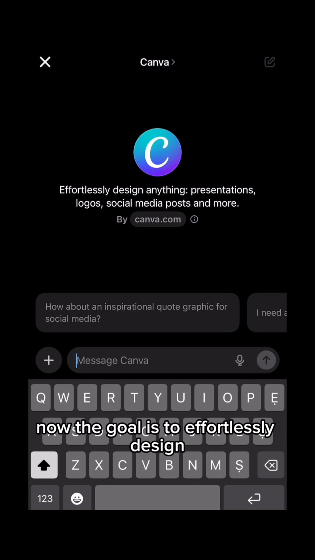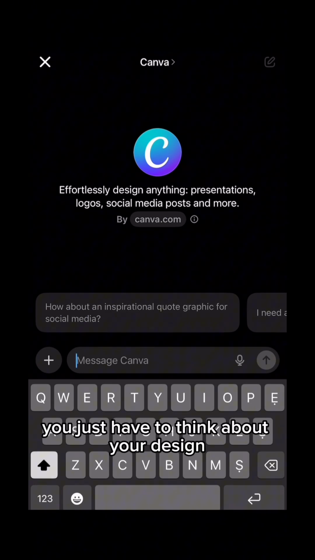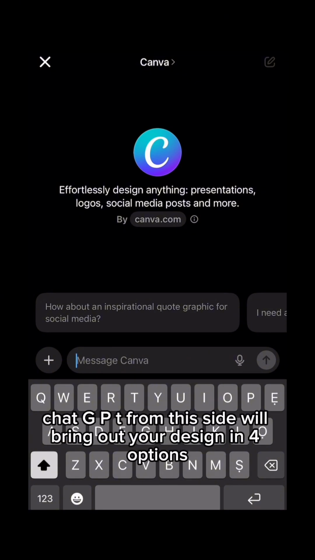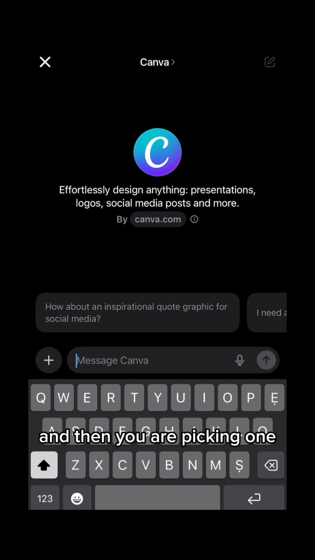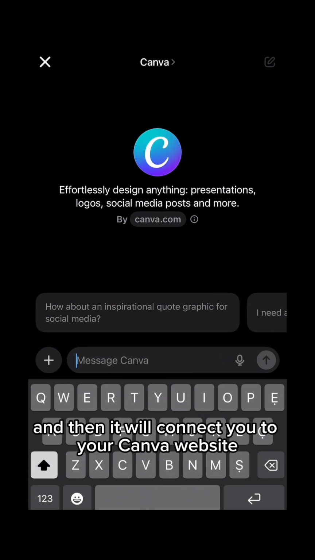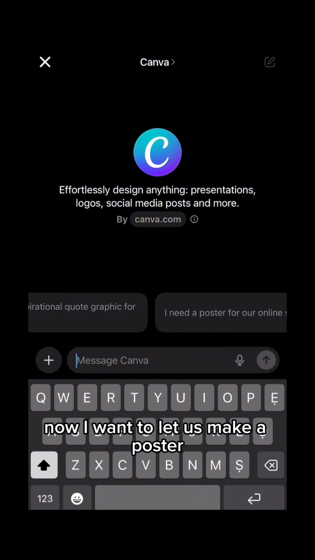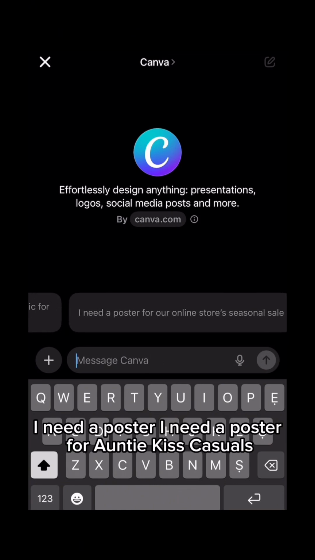Now, the goal is to effortlessly design. You just have to think about your design and write it out as a prompt. ChatGPT from this side will bring out your design in four options, and then you pick one, and then it will connect you to your Canva website. Let's say done. Now, let us make a poster. I need a poster